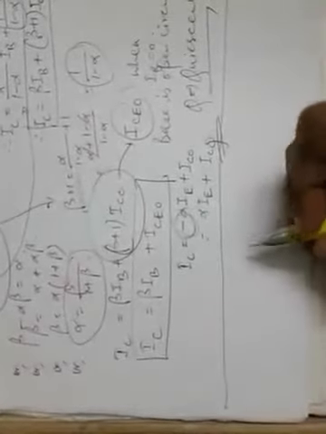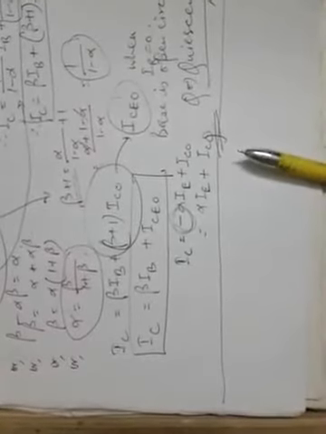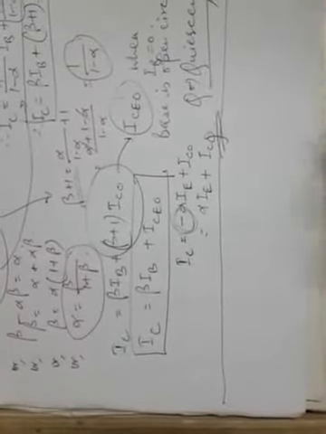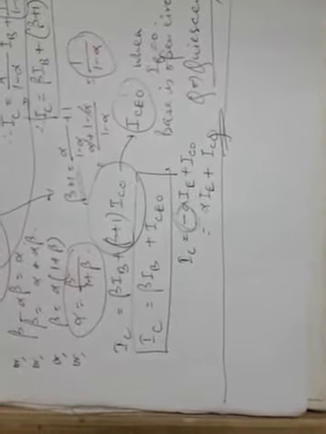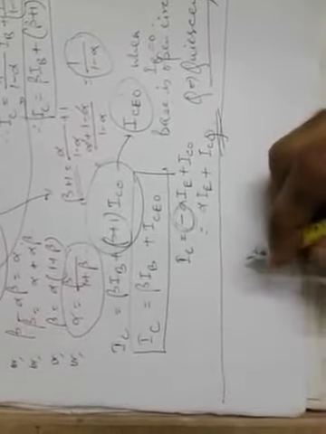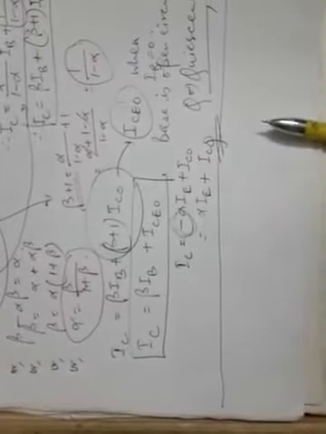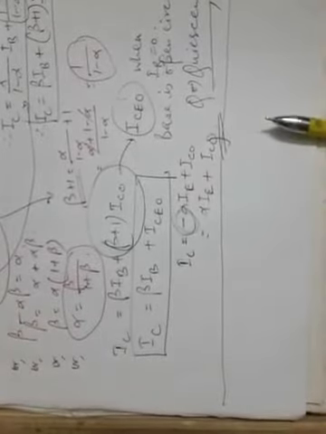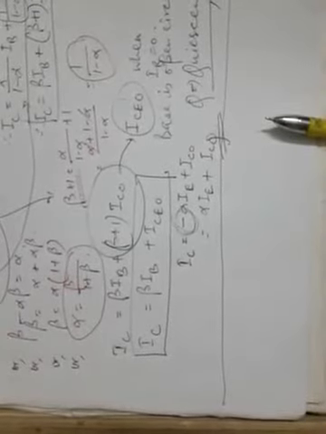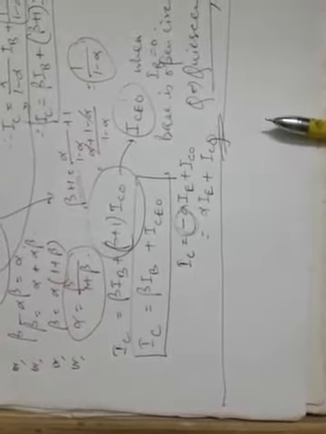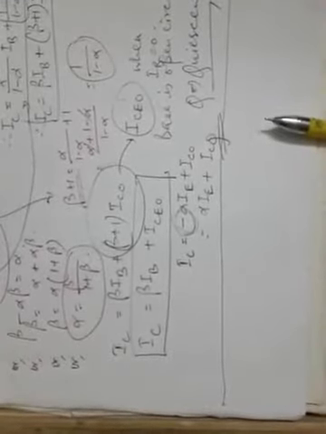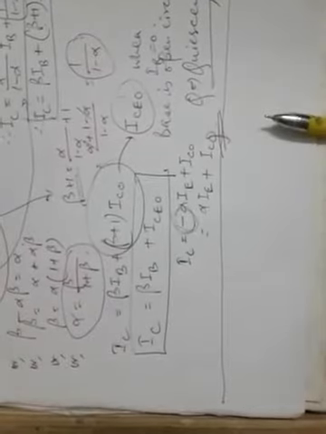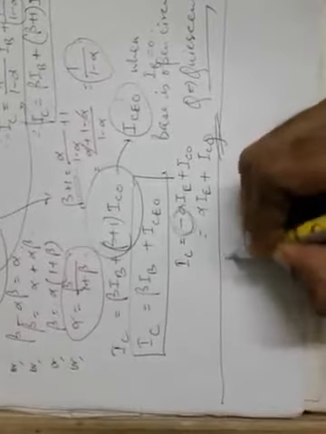Hello everybody. We have already seen in one of our last classes the different configurations of operation of transistor: common emitter, common base and common collector. From now onwards we will be discussing in some detail individually about these different types of operation of transistor in different modes. So let us first start with the CE connection.